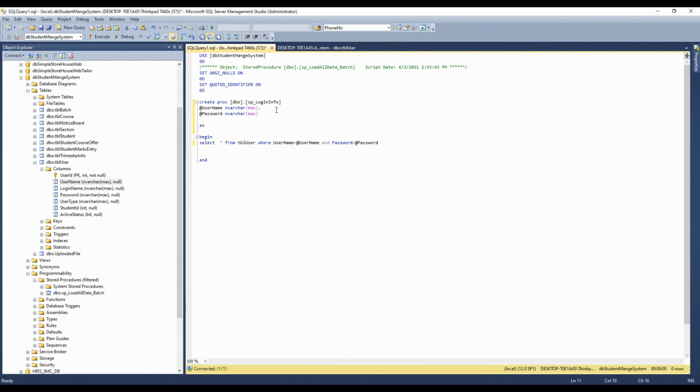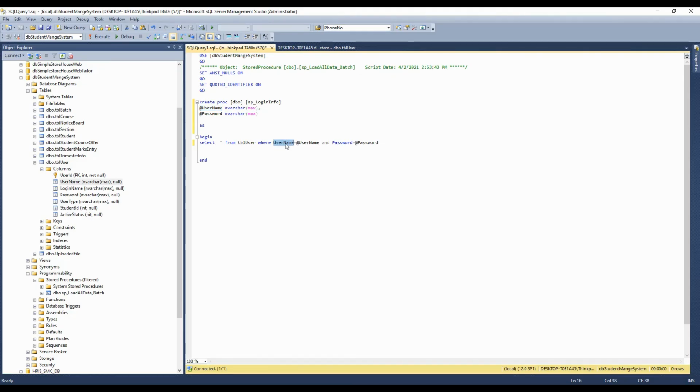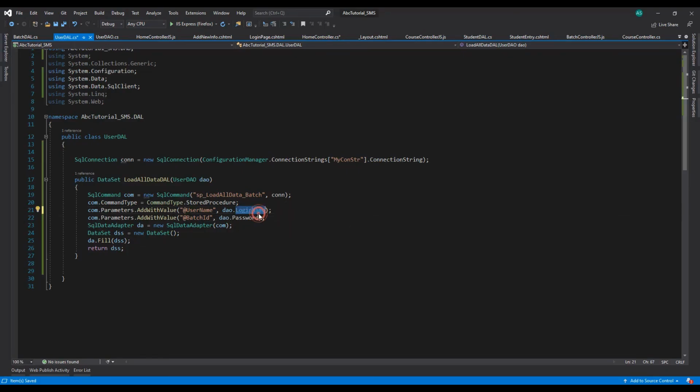Okay, just copy this username and we need here pass this parameter. Sorry, this is not username, it will be login name. Okay, change this parameter name login name and also here login name, and we need to pass it here this login name and also here password. Okay,